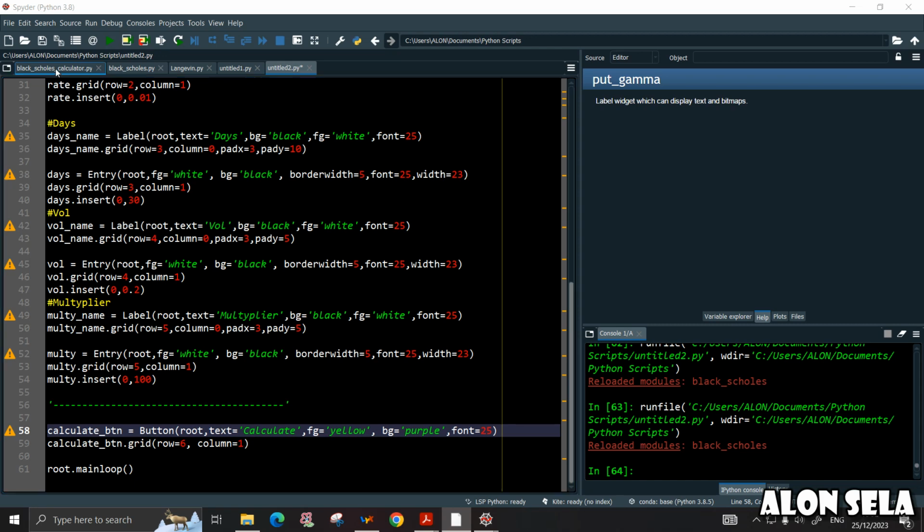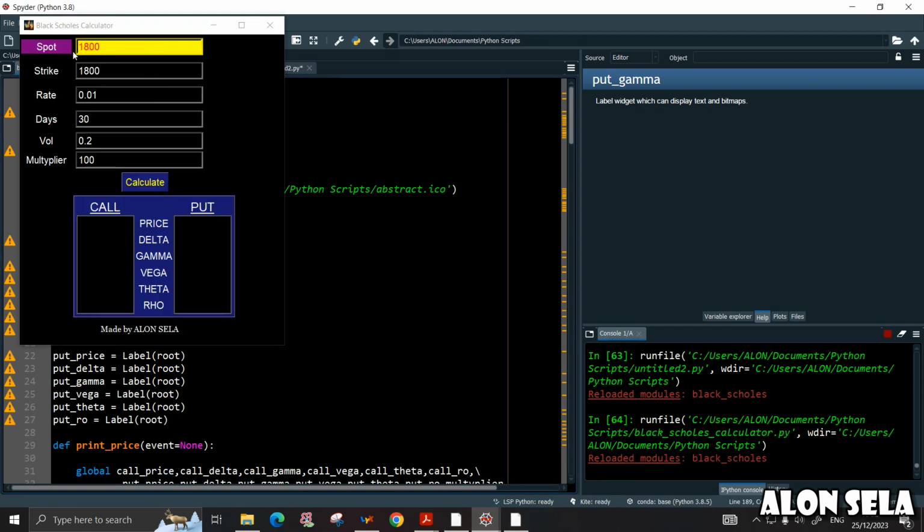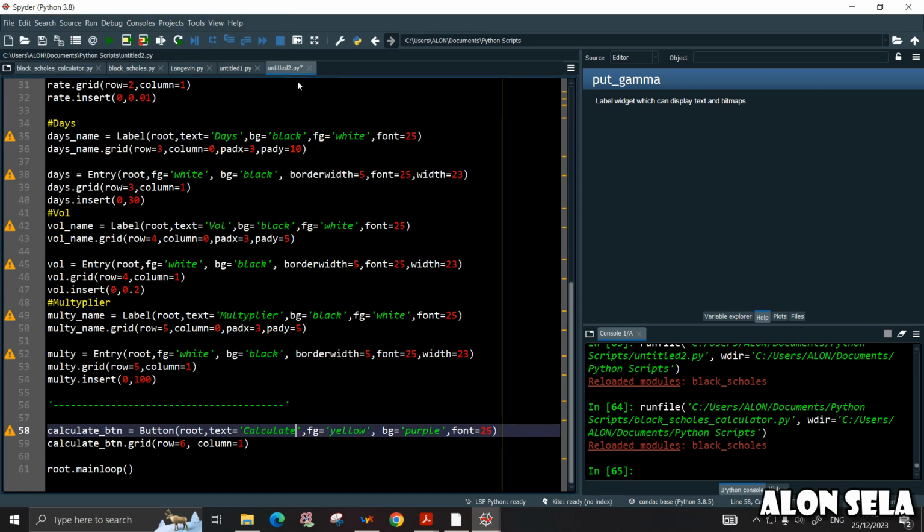So far we got to this part where we have both the place for the parameters and we built the calculate button. As for now it does nothing, but we're going to change it a little bit later. We're going to edit a little bit of code that will tell it what to do. Now the next thing that we want to do